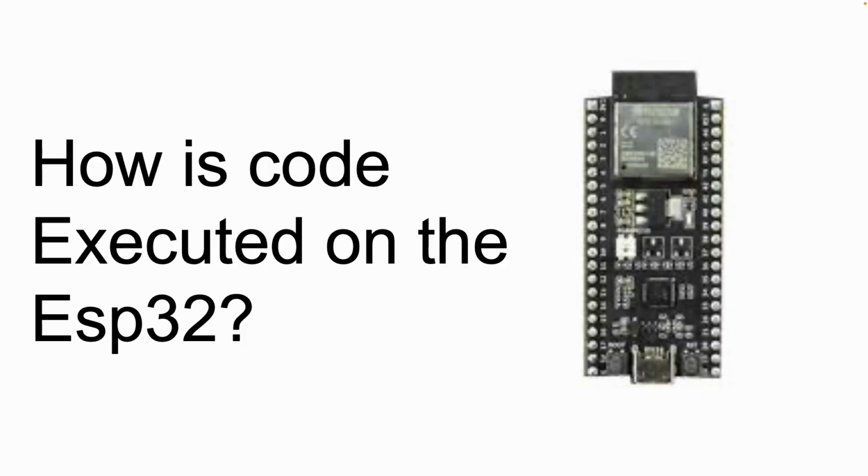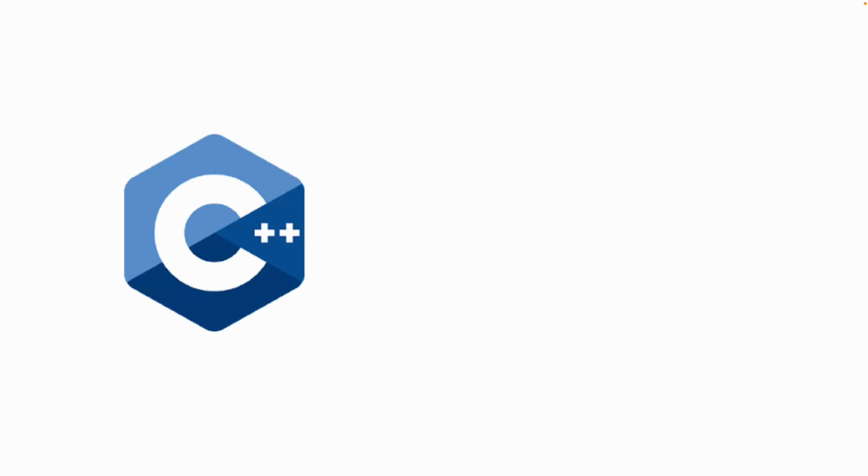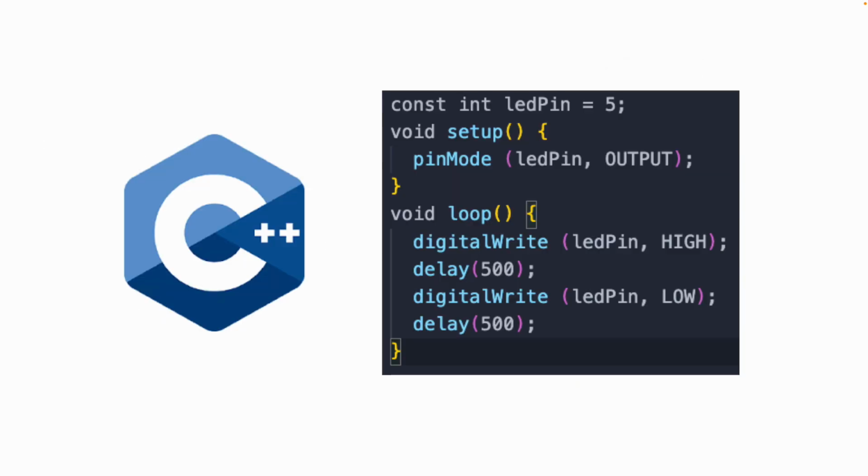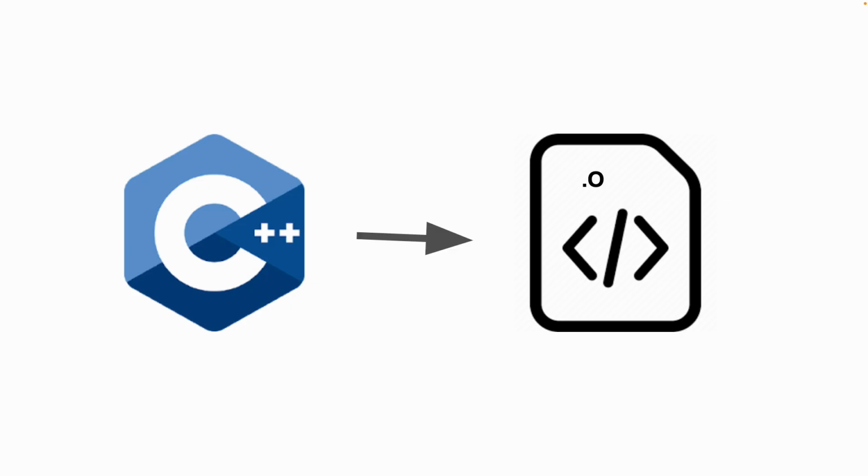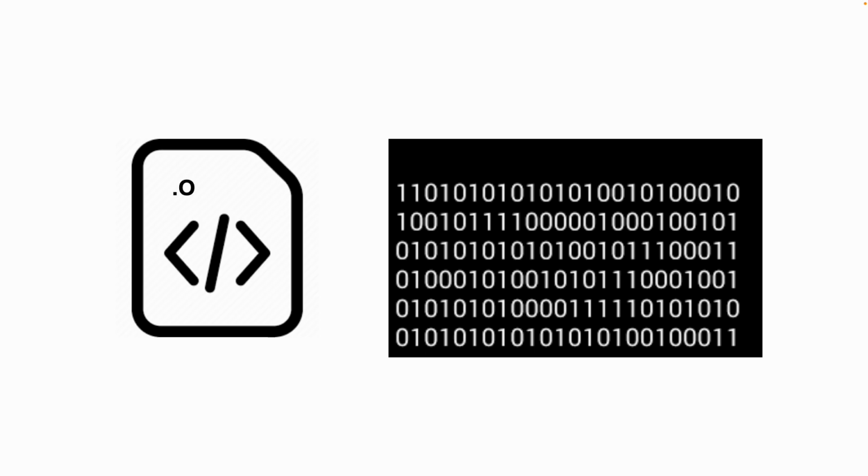Now, how is code actually executed on the ESP32? Well, your code might look something like this, which is written in C++ or another high-level programming language, and this code turns an LED on and off. To get it onto the ESP32, the first thing you need to do is convert it to an object file. The object file is just a bunch of ones and zeros,